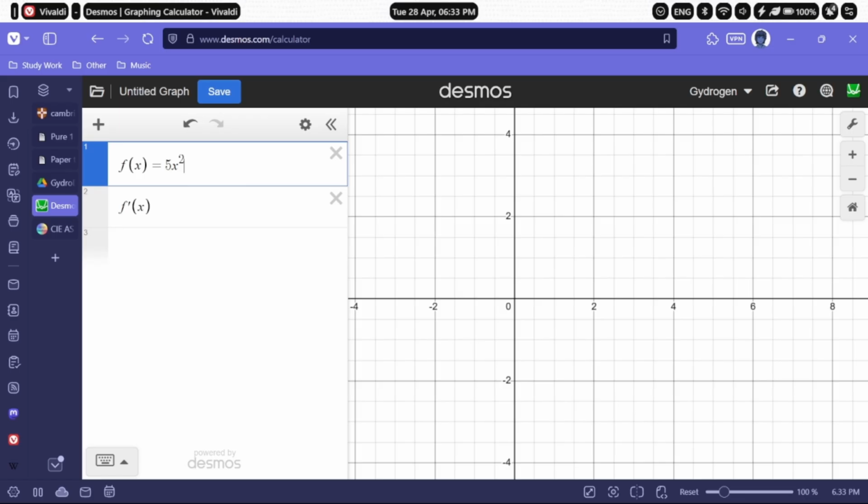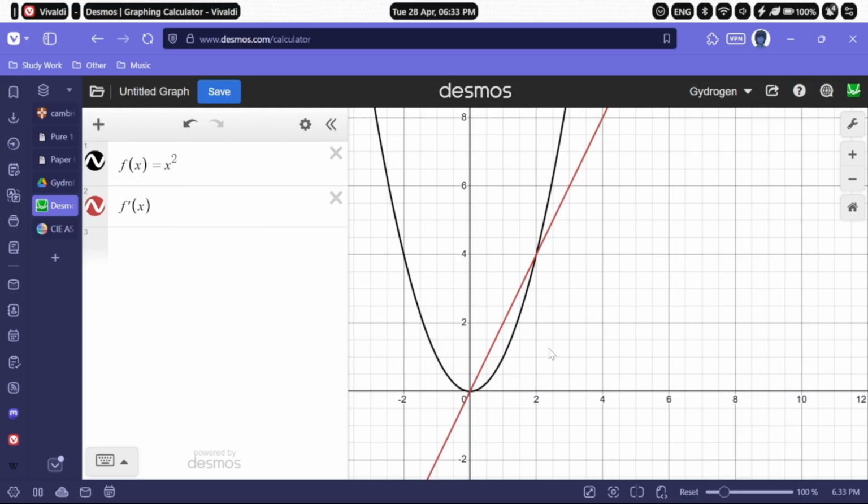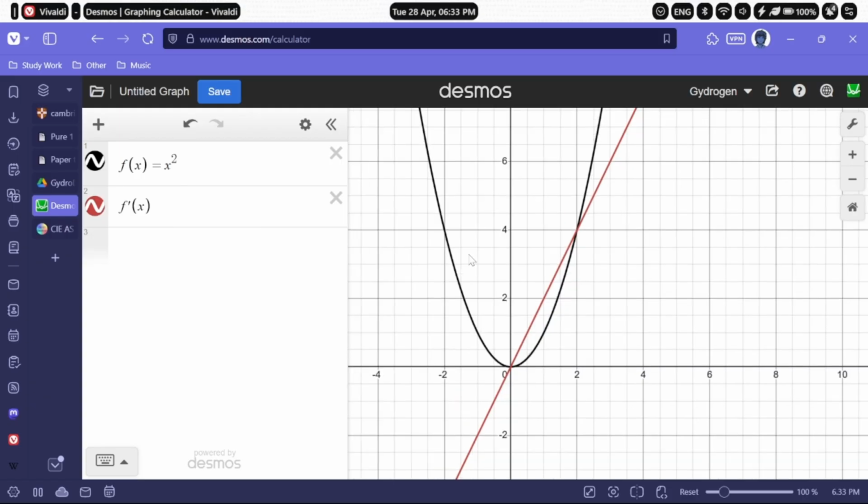All right. So this is x squared, right? If you take some random point to the left,